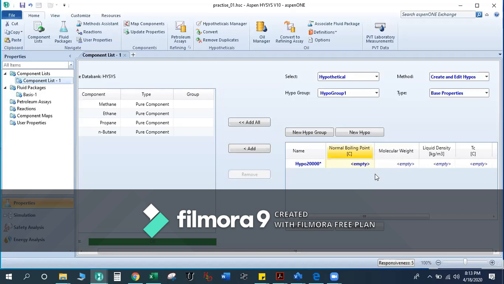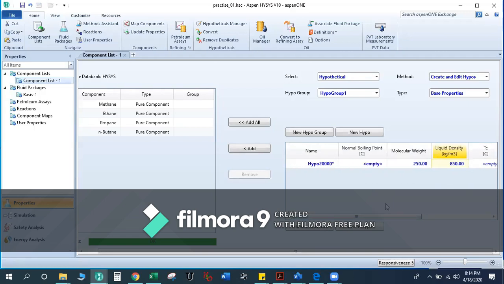Now let's define the pseudo component by using the molecular weight and density. Last time we defined the hypo component by using the boiling point. You saw that I just clicked Estimate Unknown, and the remaining properties were estimated by HYSYS.